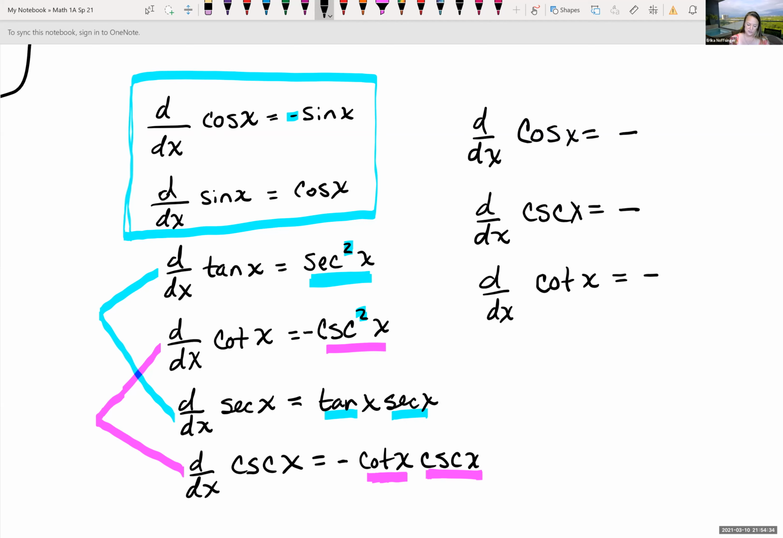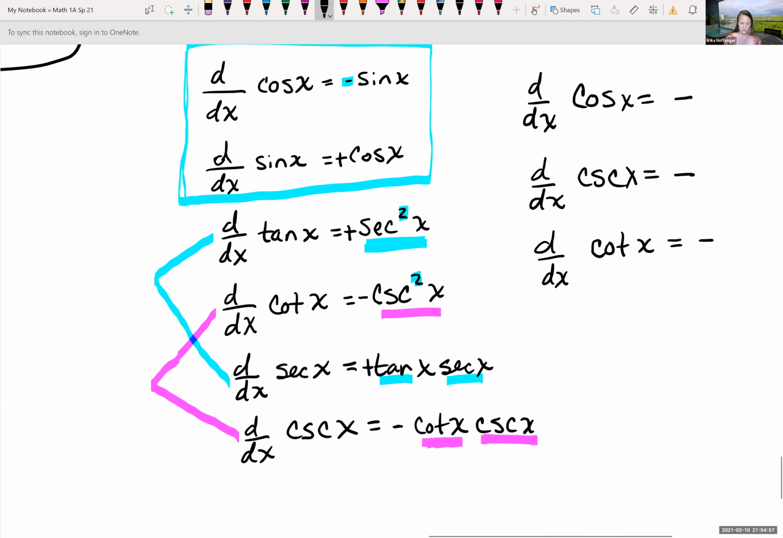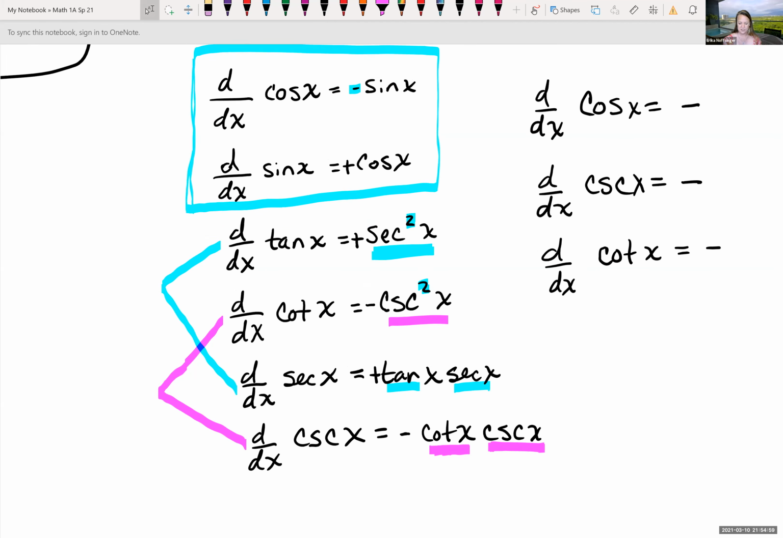Any of the other ones were positive. Sine, when you say it, doesn't say co something. Tangent, no co, and secant, no co. Notice those were all positive. So hopefully, those are ways that can help you remember which trig function is which. But those are the things that you want to be able to recall pretty fast while you're doing